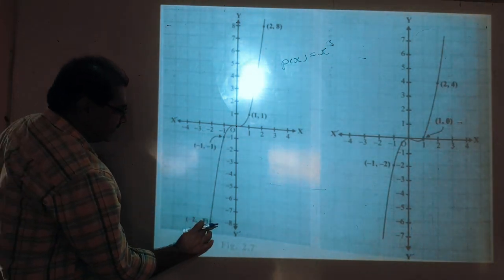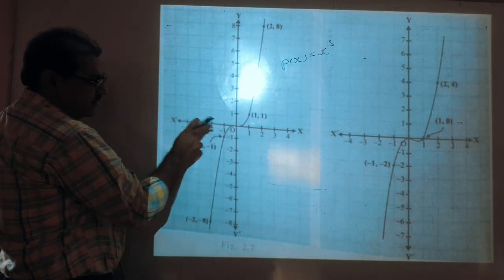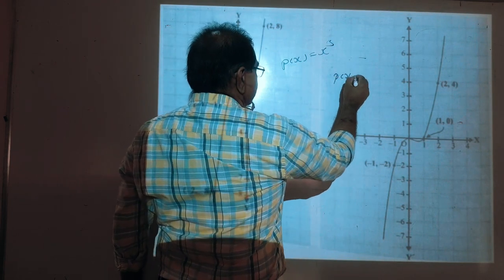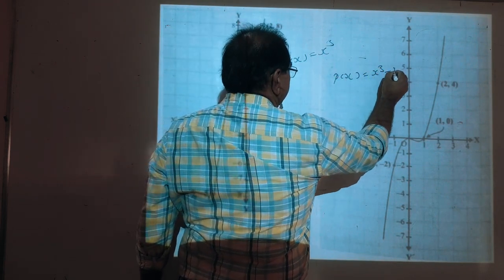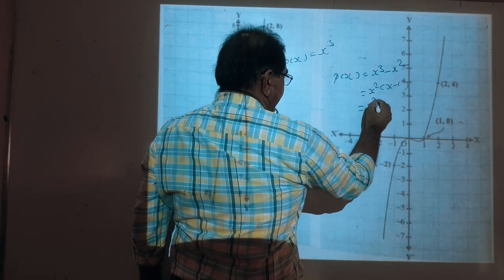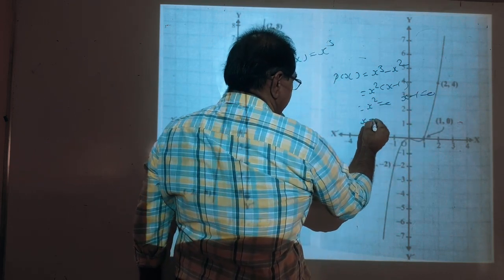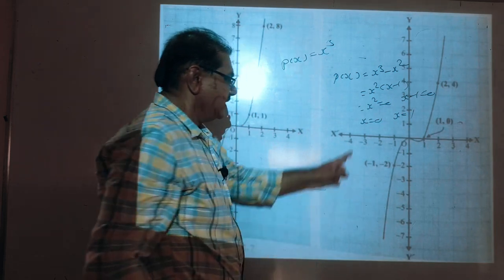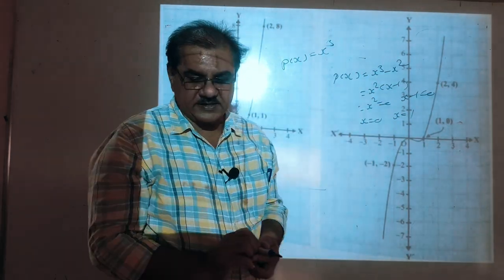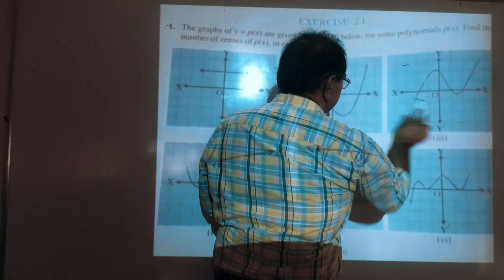It is of course a double parabola, but passing through 0 only. Only one solution. Here you can check the same type of equation, p of x is x cube minus x square. X square is common, x minus 1. So x square is 0 or x minus 1 is 0. So x square is 0, so x is 0, or x is equal to plus 1. So here, being degree 3, it is having two solutions only, that is 0 and 1. You can check here, 0 and 1, these are the solutions.